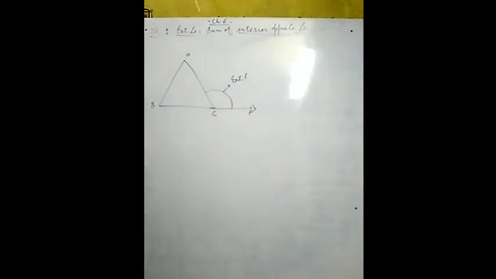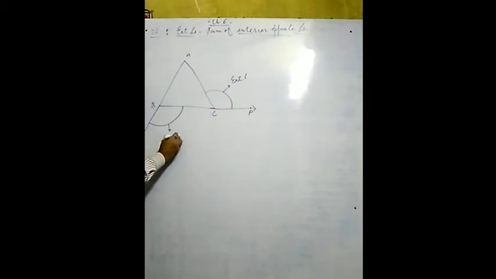Again, suppose AB is extended up to Q. Again, an angle is formed from here to there. So these are interior angles of the triangle, but this one is out of the triangle, and it is obtained by extending one of the sides of a triangle. So this one is also an exterior angle.